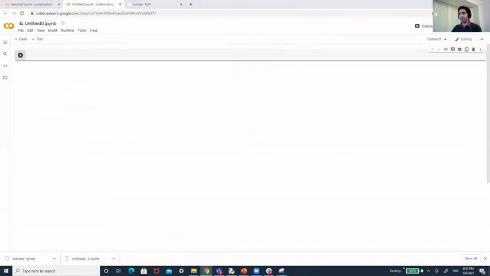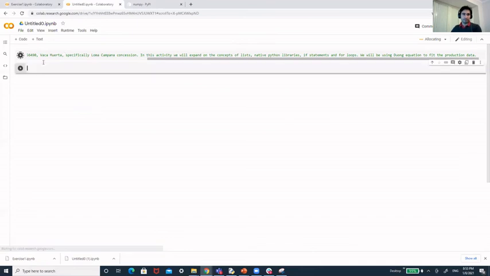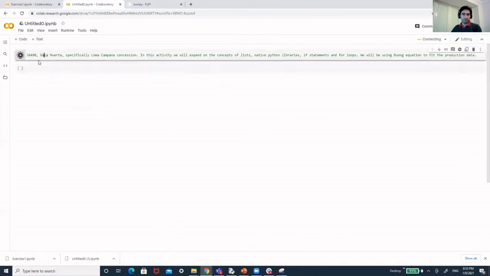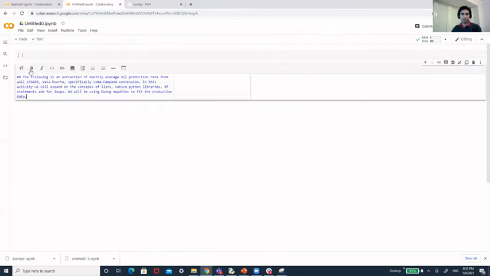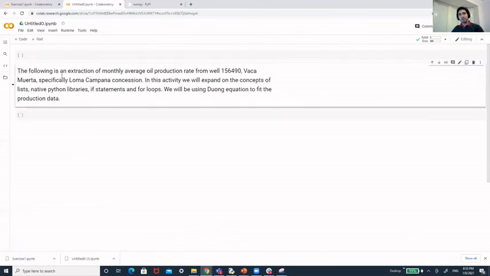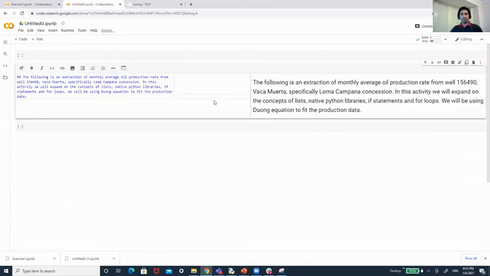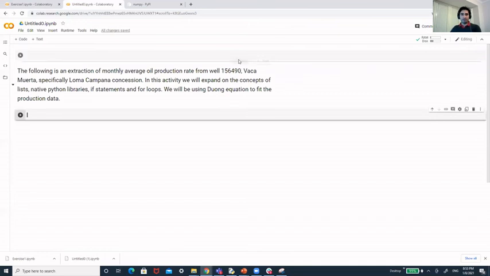So this is an example. Right, this is a statement. So we have some monthly average oil production rate from this well. This is public data, and that well belongs to the Loma Campana concession in Vaca Muerta in Argentina.